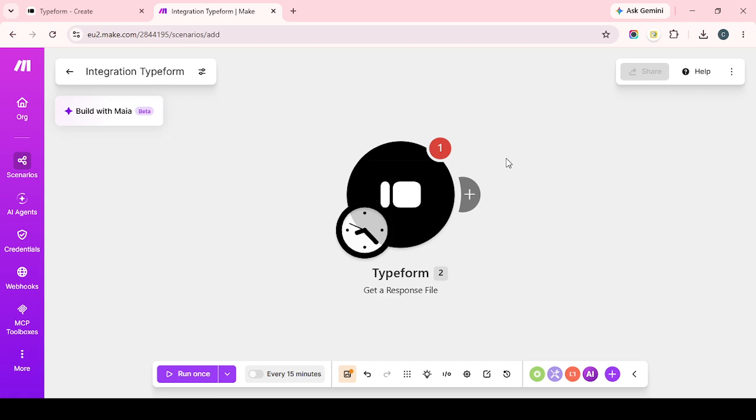Once everything is connected, take a moment to review the mappings between each step. Make sure the Typeform answers are going into the AI prompt correctly, and make sure the AI output is being inserted into your Gmail or Slack module in the right place. Even a small